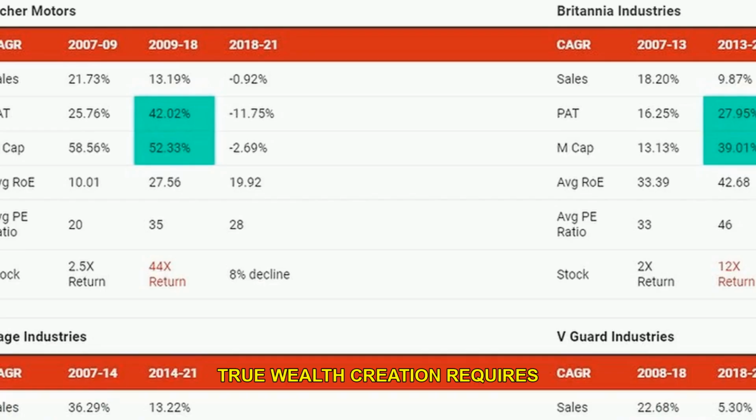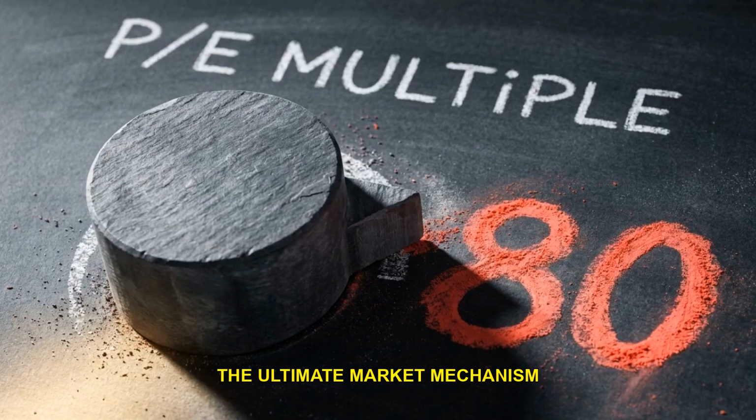True wealth creation requires continuously reinvesting profits above the cost of capital. Green boxes show massive compound annual growth in net earnings. Below, high return on equity percentages prove this growth came through high-efficiency capital reinvestment. The ultimate market mechanism that translates these internal accounting metrics into exponential stock returns is price to earnings, or PE,